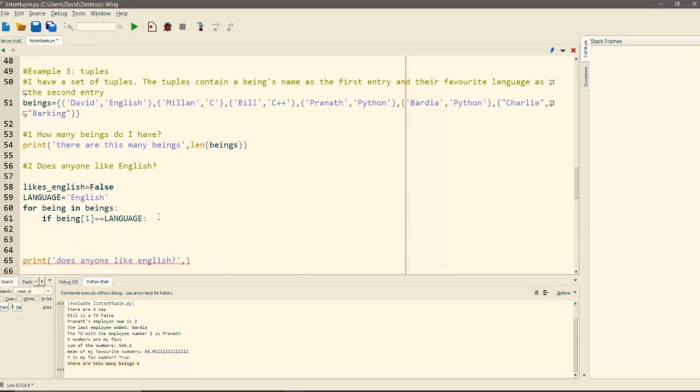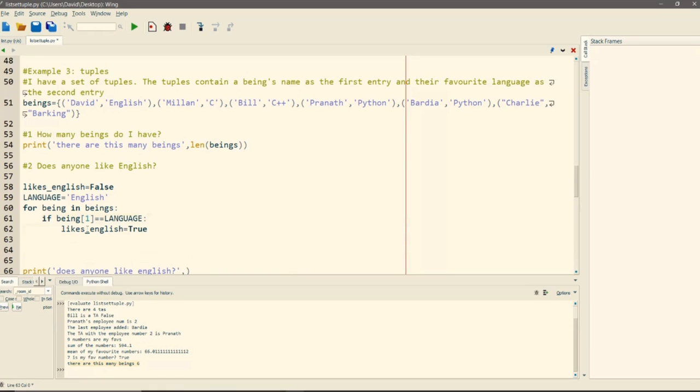So my bad. So if we know that any being has their language equal to English, okay? Well, that's a key thing that at least someone likes English, right? And I'm not talking about the class because I don't think anyone likes that class, but I could be wrong.